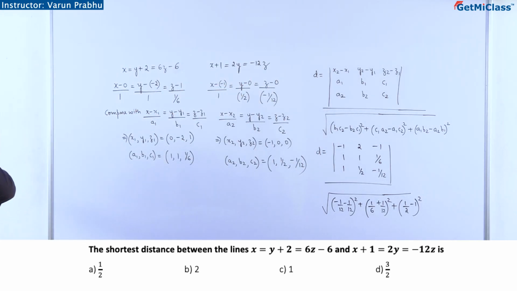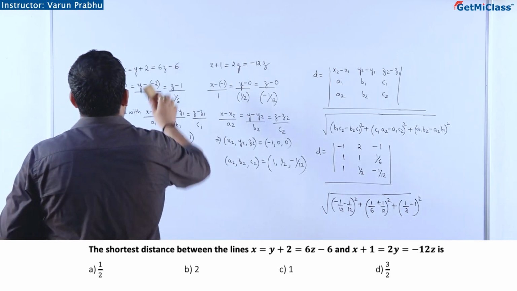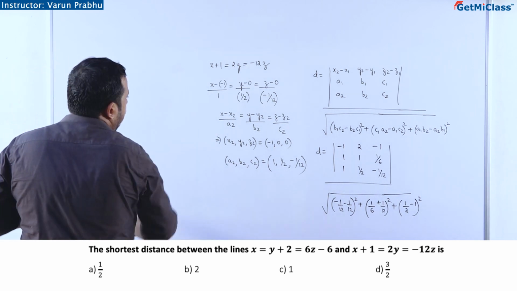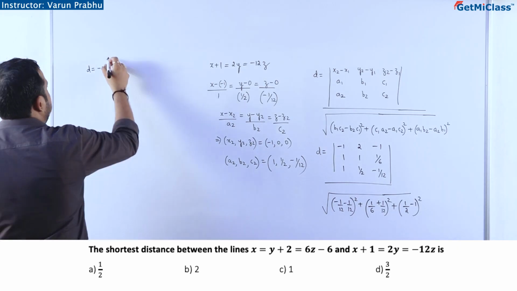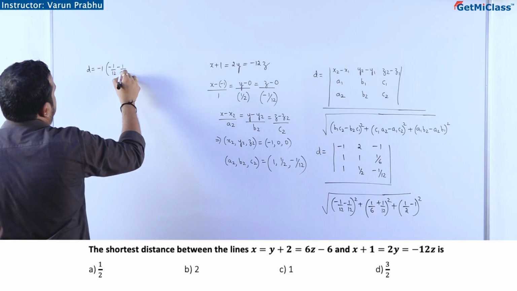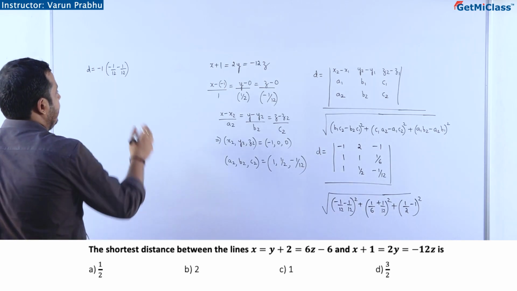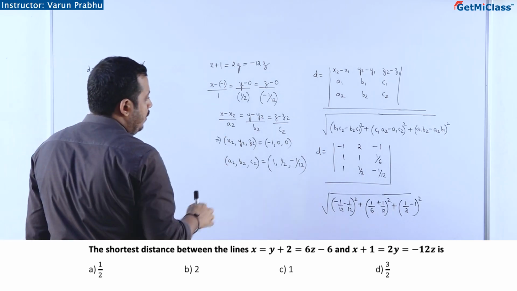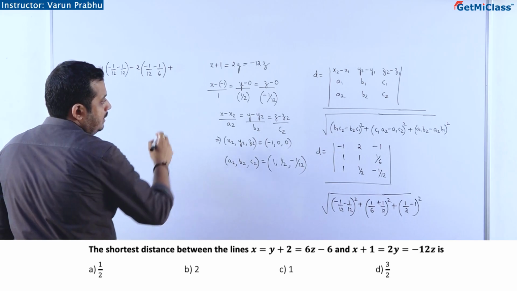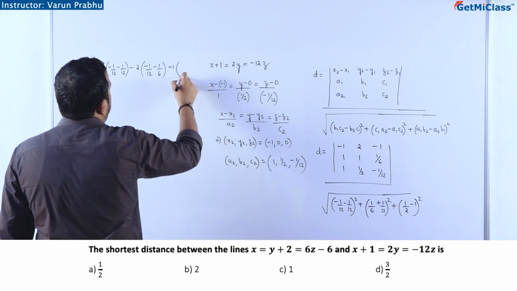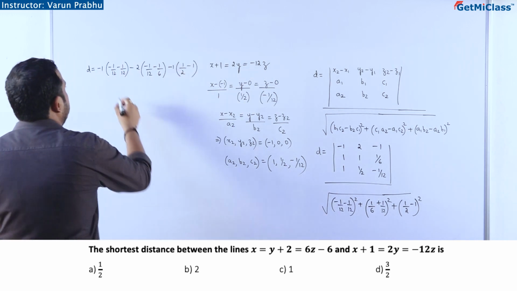Now, we will look at what we get for the distance. I will rub this part. So, d is equal to minus 1 times (minus 1 divided by 12 minus 1 divided by 12), minus 1 divided by 12 minus 1 divided by 12, minus 2 times, leaving the row and column, (minus 1 divided by 12 minus 1 divided by 6), plus minus 1 times minus 1 times (1 by 2 minus 1 by 2 minus 1), whole divided by